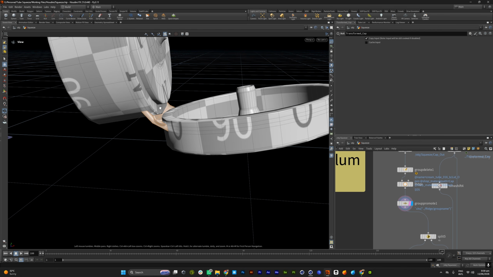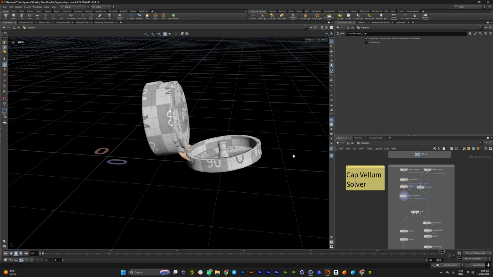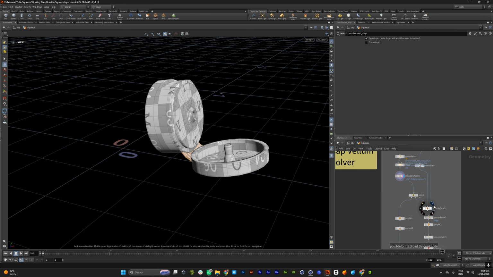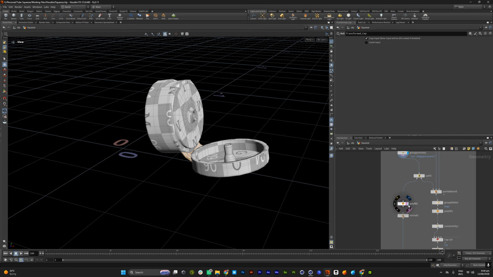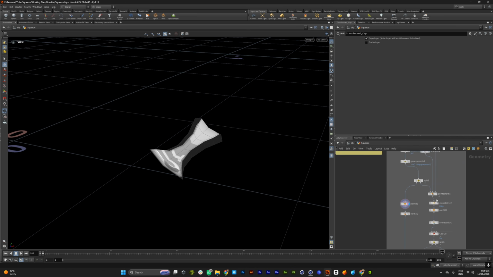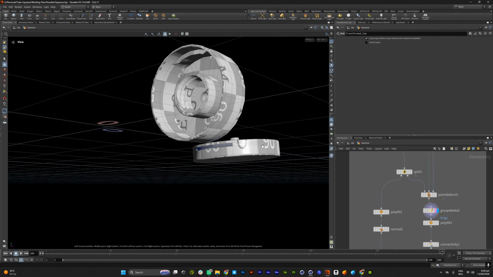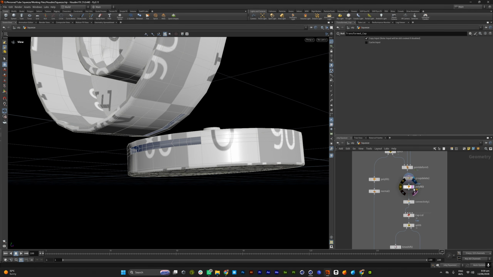I selected this ridge in between, and I split this cap with this being the lid, this being the cap, and this being the ridge, right? I split the ridge from the cap and the lid, and it gave me this,